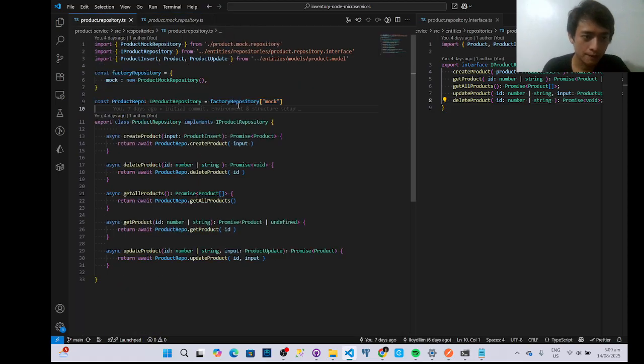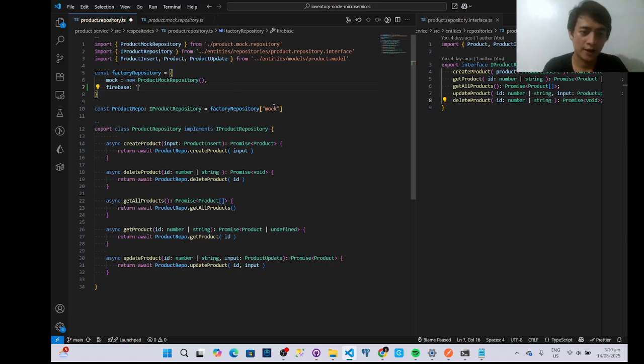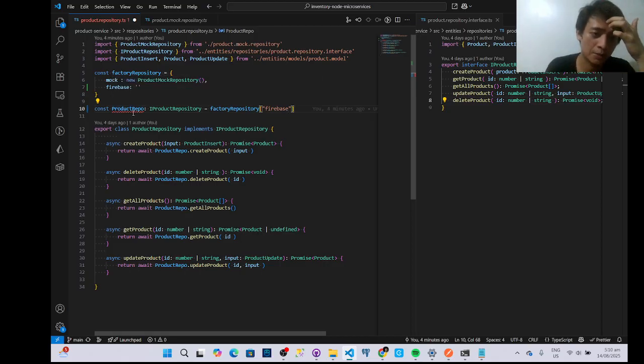As you can see here on the product repository, this is just a factory repository. Depending on what object I use here, it will be used on the database as a data source. So if I have Firebase here, for example, and I change into Firebase, oh, this is having an error because it must receive an interface of the product repository,